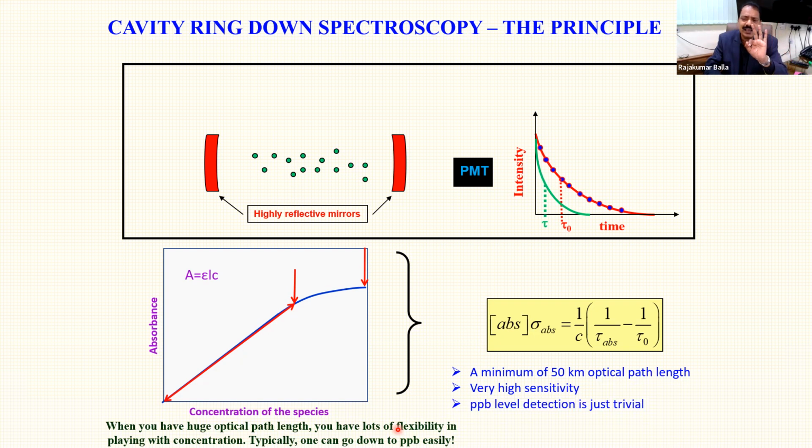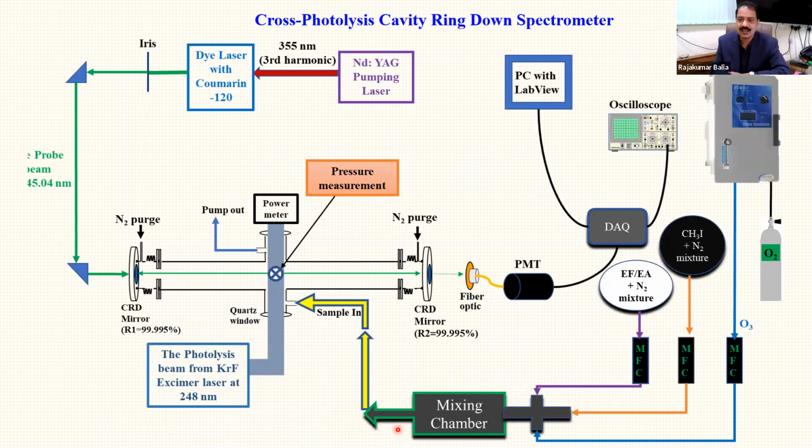I will explain 3 examples. It will take 3 or 4 minutes, and then I will complete. And you see this? This is one of the ways. This is called cross-photolysis. All other parameters I don't want to explain, but here this is the probe cell and this is the photolysis cell. And this is cross-photolysis. This is one way of doing the experiment. Okay. The rest we cannot explain in a short time,